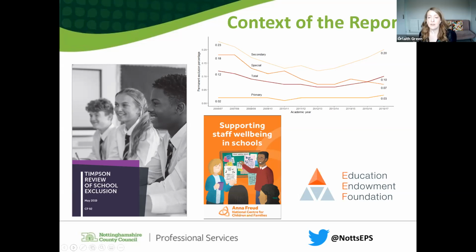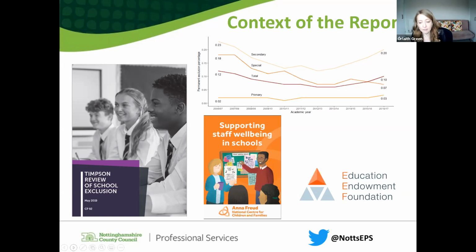At the same time, the work of schools was increasingly broadening out to what we would talk about as relationship-based or therapeutic working. So increasingly highly skilled staff in schools were doing a lot of emotional well-being and mental health support, and this is having an impact on staff well-being. So increasingly there was a recognition of the need for support structures and advice and support for staff. One of the key documents we were looking at was the Supporting Staff Wellbeing document here from the Anna